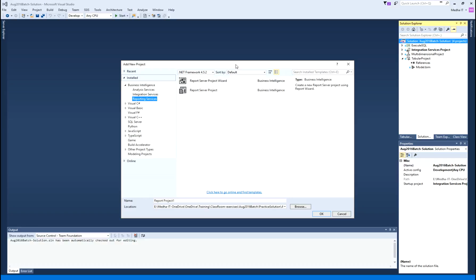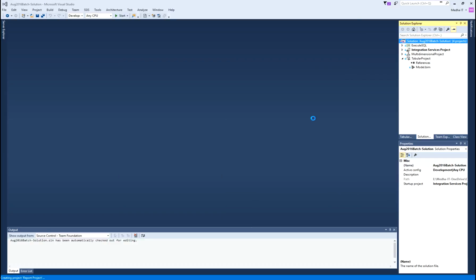This is the step to add an empty Reporting Services project. So, select Reporting Services project and we will just name it report project and click OK, which will create an empty project for us.